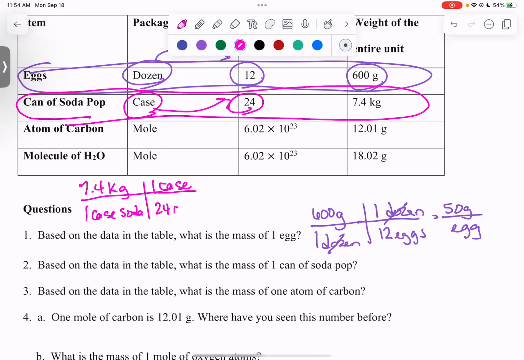So what's the mass of 1 mole of oxygen atoms? Well, all you have to do is go to your periodic table and say that is 16.00 grams are in 1 mole of oxygen. That's what this molar mass is all about. What's the mass of 1 mole of sulfur? So just pick the next one. So sulfur is